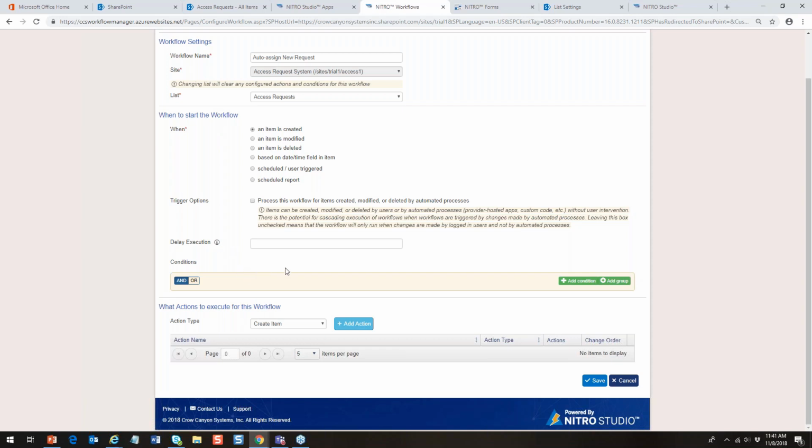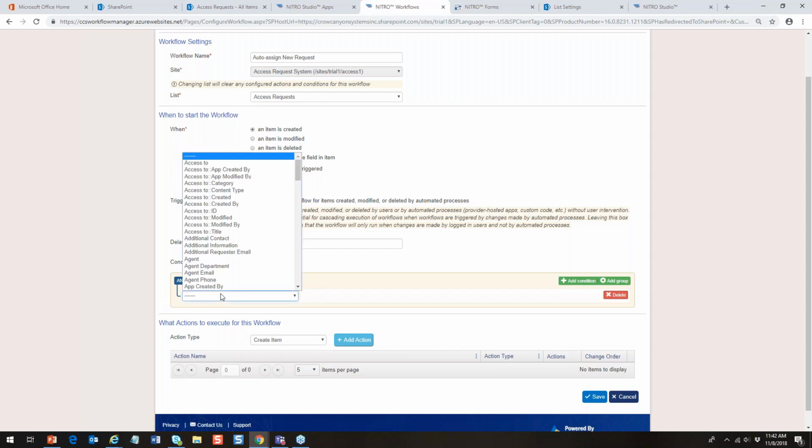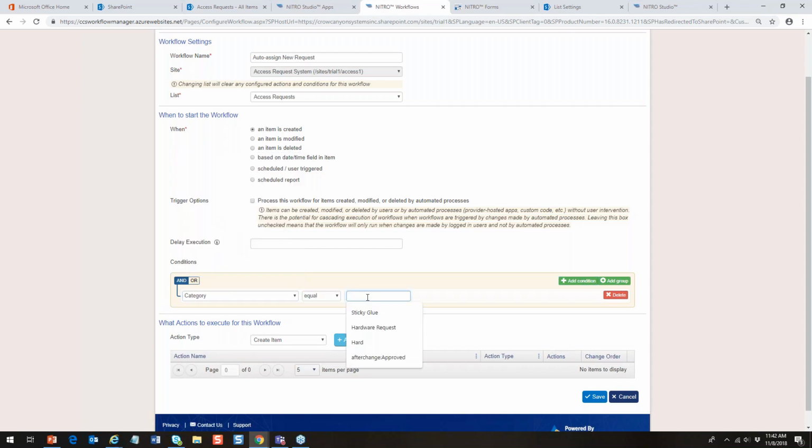Well, you could look at it two ways. We could say auto assign it to somebody when the category is database. Okay, category is database, send it to the DB admins, right? Or we can do that even here. It depends how you want to do it. Can you do it one place or the other? Let's do it right here. So we're going to go here and say when the category is equal to database,